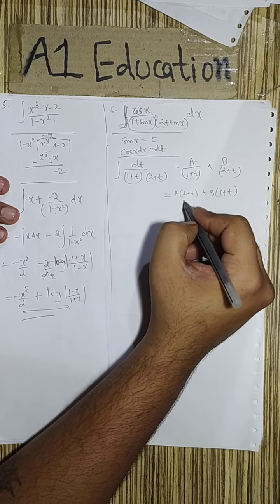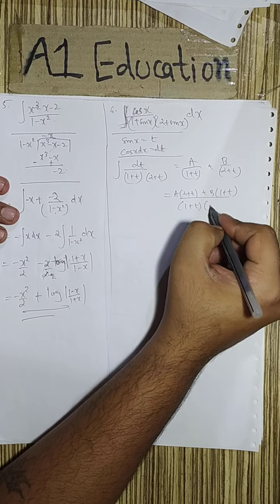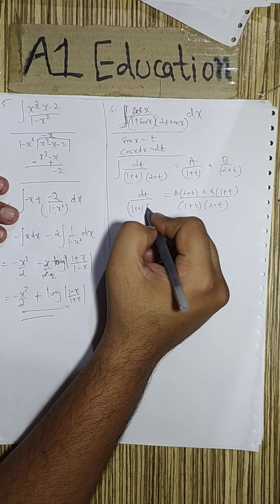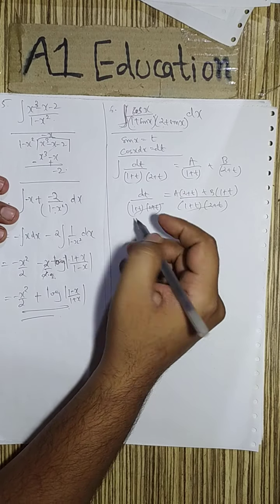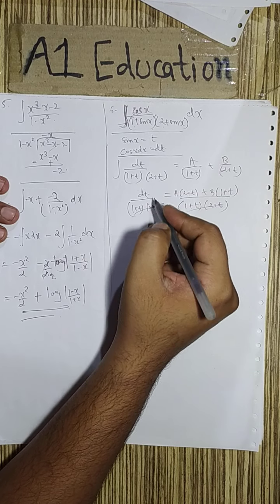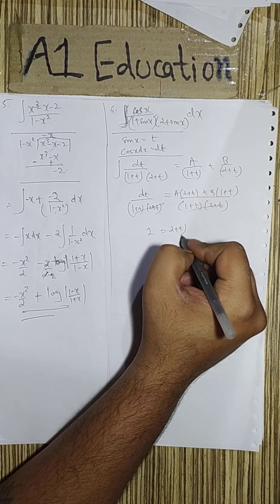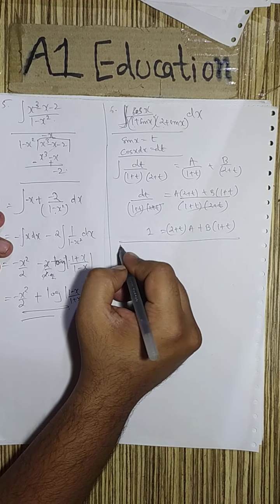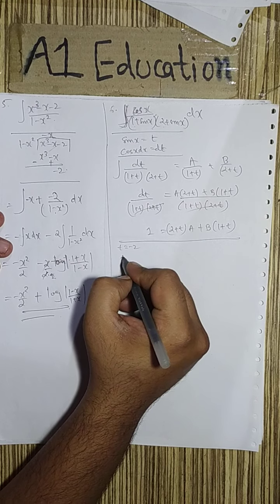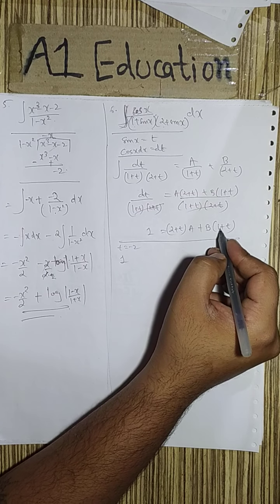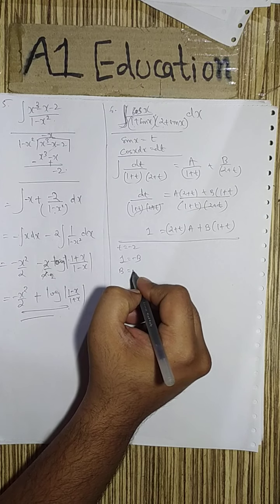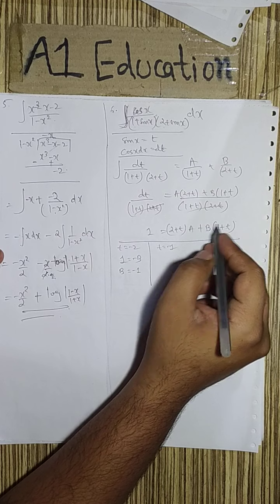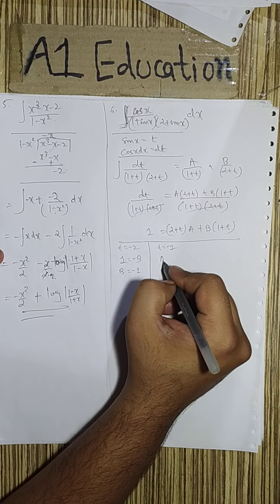I hope you remember the rules and the steps for the partial fractions. So ultimately the denominator gets cancelled and what remains is, here it will be t to the power 0, so 1 equals a into 1 plus t. So let us start doing. T equal to minus 2, this will become 0, 1 and minus 2 plus 1 is minus 1, so that will be minus b. Value of b we get as minus 1, and here if we put t equal to minus 1, b will get 0, so that will be a equal to 1.